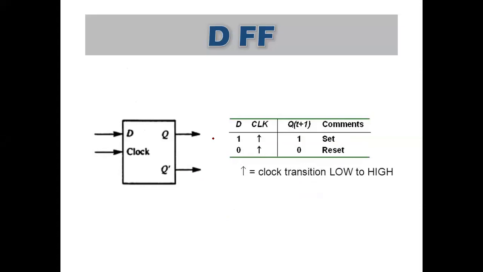So we discussed four different types of flip-flops. I hope you all can remember that. What are they? They are SR flip-flop, JK flip-flop, T flip-flop, and D flip-flop. These are the four flip-flops we discussed. To design a T flip-flop, we connected J and K together and we got the T flip-flop, that is the toggle flip-flop. And the famous flip-flop used for shift registers is the D flip-flop.